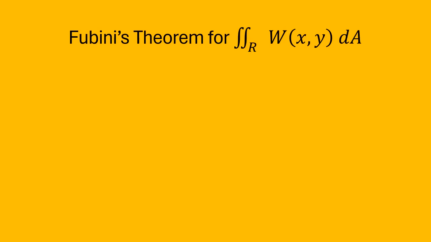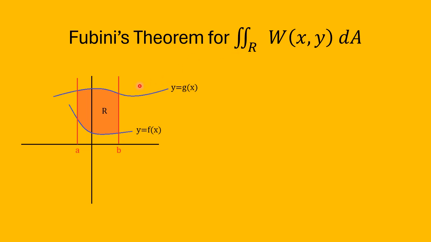Let's look at a version of Fubini's theorem for evaluating the following double integral: the double integral over a region R of a function w of x and y, dA. So here's the picture. We have a horizontal x-axis, a vertical y-axis, and the region R is defined the following